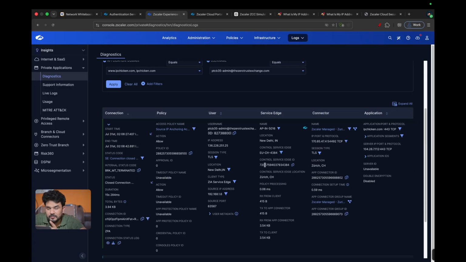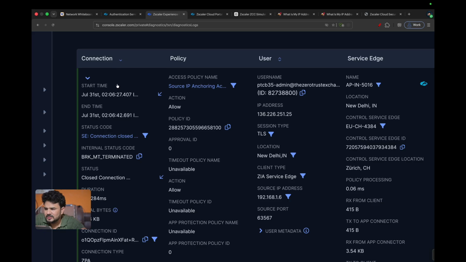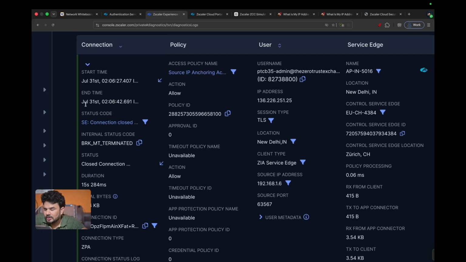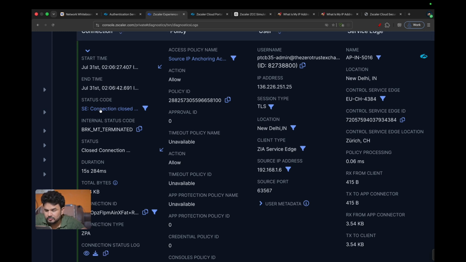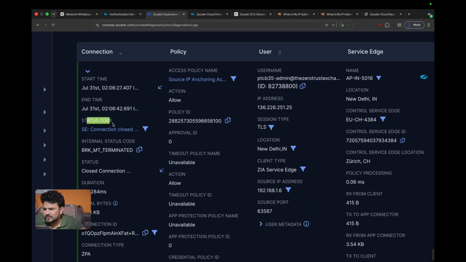Before that, you can also do nslookup. I will tell you about nslookup later; let's look at this part first, then I'll come back to that as well. So this is a connection. Okay, in the connection details you will see that I hit it at 2:06 in the morning, basically early morning, and this is the 31st of July. Today I'm shooting the video on the 31st of July, right? So this is the connection status showing that the connection